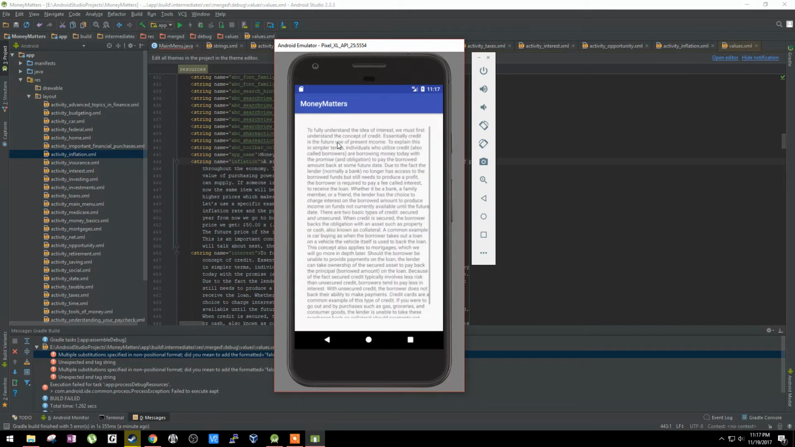If we start with interest and credit, you'll see that this particular view comes up. Now what's odd is that I used a copy of this view and the formatting for this view for the